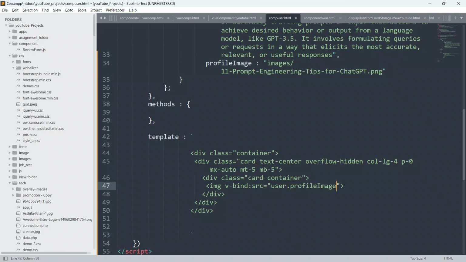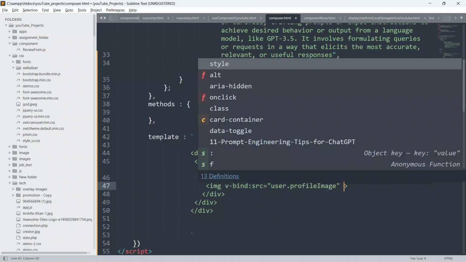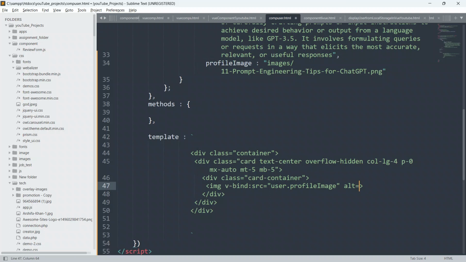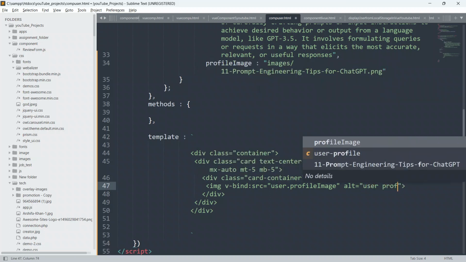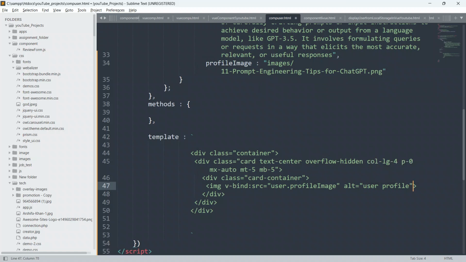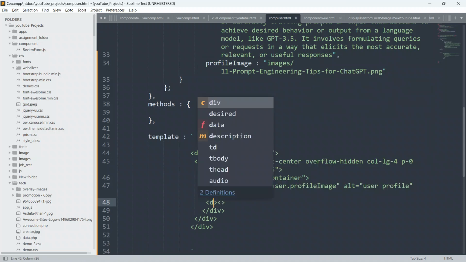And I will give also alt here, so give alt equal to just user profile, and I will give also width equal to 100%.